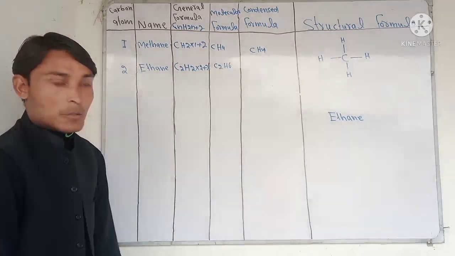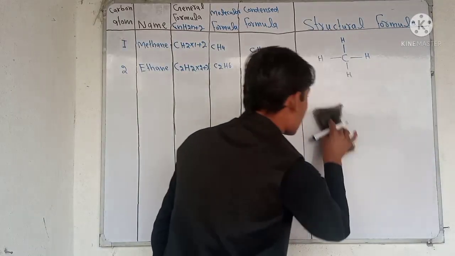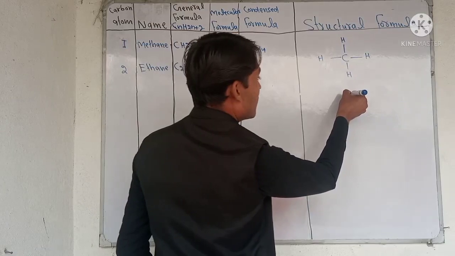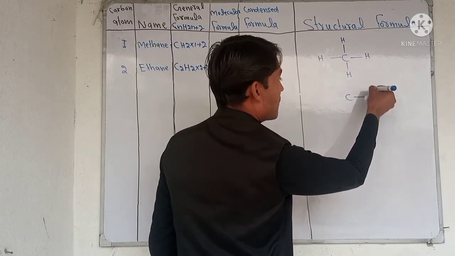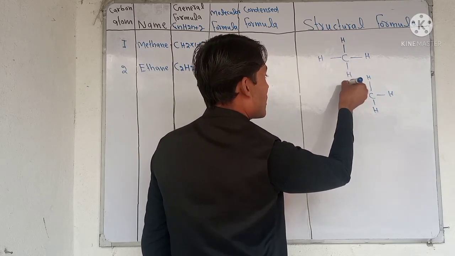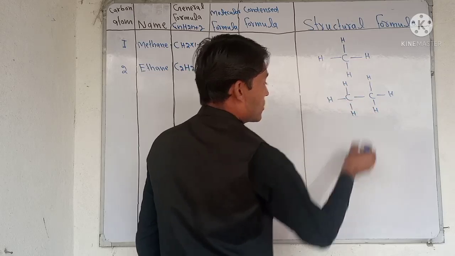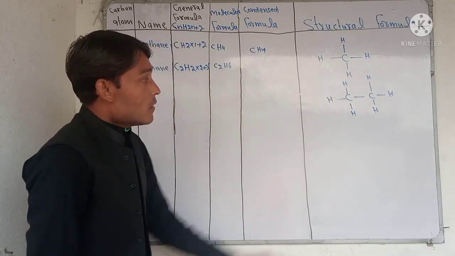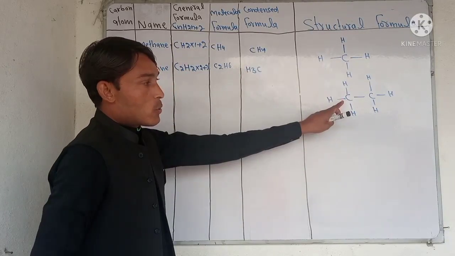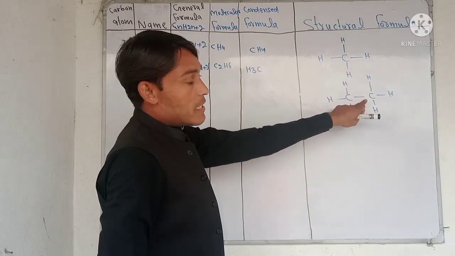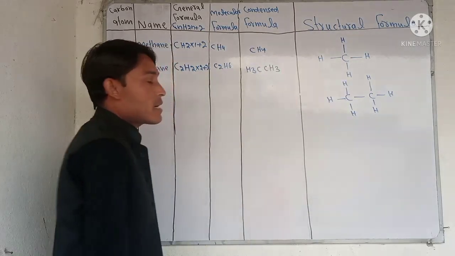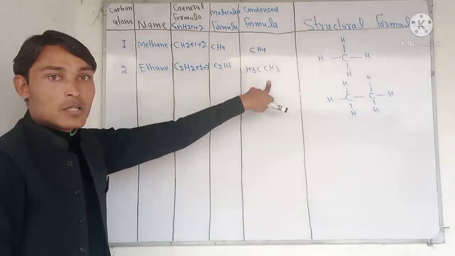Now if we talk about the structure formula, from the structure formula we can construct the condensed formula. So we have two carbons, carbon number 1 and carbon number 1. As you know, a terminal carbon always has three hydrogens attached. So we can write H3 attached with a hydrogen. Then carbon has a single bond with a carbon. So we can write C and then finally H3. So this is the condensed formula for ethane.